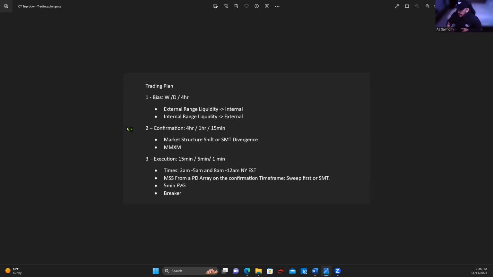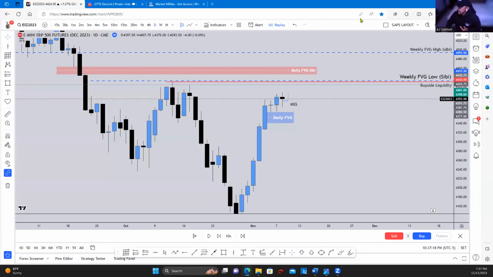You're going to wait for your market structure shift from that PD array on the confirmation time frame. You can look for a sweep of liquidity first, or a smart money tool divergence, 5-minute fair value gap, or you can also use a breaker or any 1-minute fair value gap. You can combine them to make a stronger confluence, or combine all 3 or 4 concepts. Okay, so that being said,